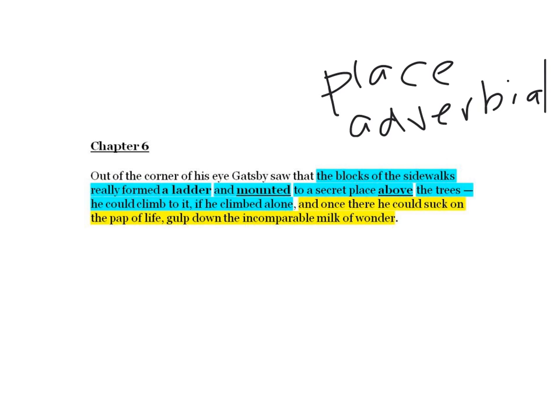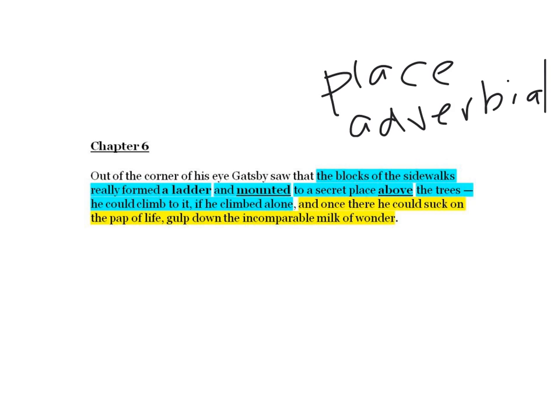Look at mounted as well, so there's gaining the height, ladder and mounted, and this place adverbial, a secret place above the trees. We see that place adverbial again elsewhere in the novel when we see the reference to above the hot struggles of the poor. So that desire to climb out of poverty or not enough wealth or money to satisfy desire and demand, as if anyone in this novel is satisfied, whether they're rich or they're poor. Interesting use of symbolic levels here as well in terms of social mobility.